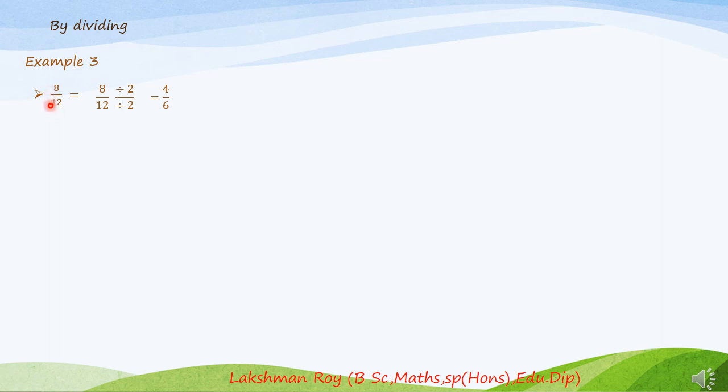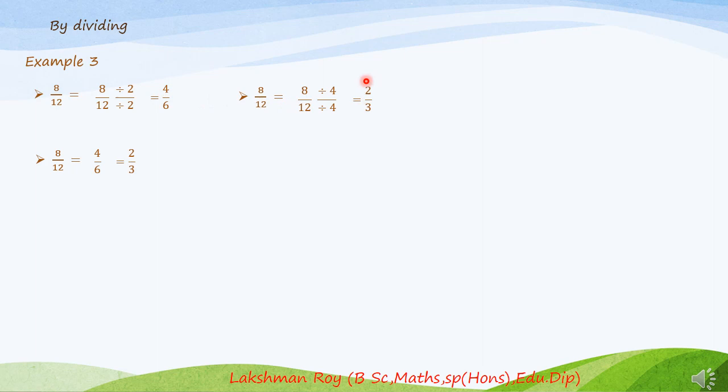So let's see, 8/12 divided by 4. Both numerator and denominator are divided by the same number. 8 divided by 4 is 2, and 12 divided by 4 is 3. So that is another equivalent fraction. You can't find any more. So 8/12 has one equivalent fraction 4/6, and another equivalent fraction 2/3. Those are the equivalent fractions to 8/12 by the dividing method.